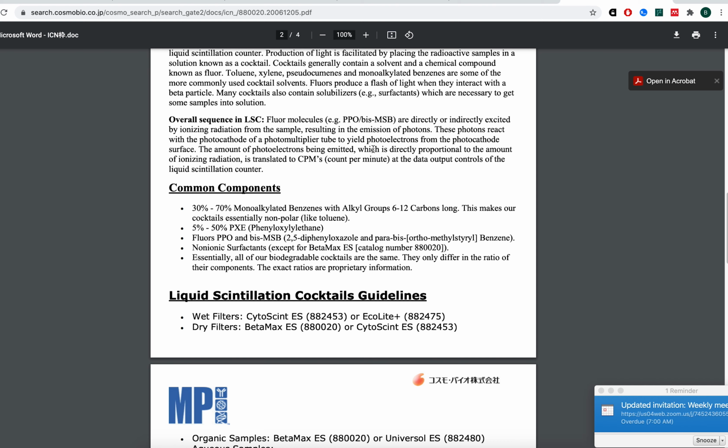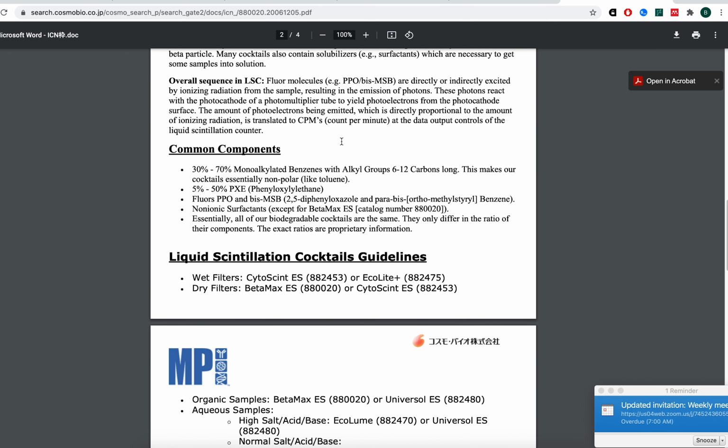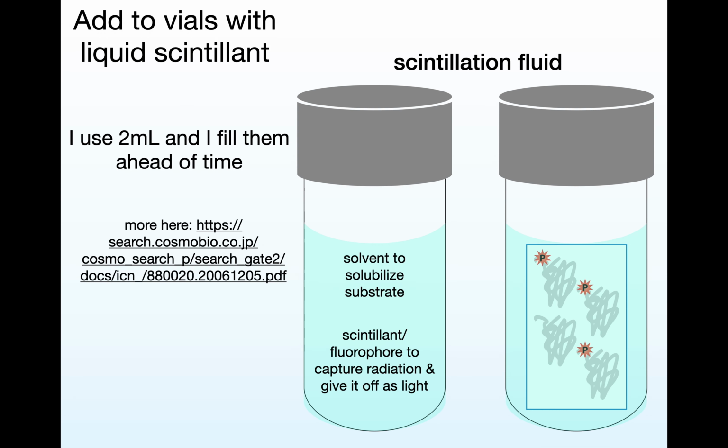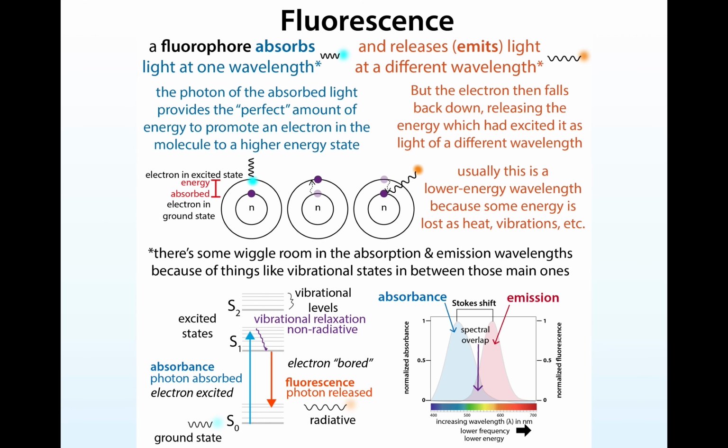And then the photons react to the photocathode, and then that signal gets amplified, which is converted to counts per minute. So I would say that PerkinElmer has a lot of great tools about this, and I don't know what happened to my PerkinElmer tab, but I'll send the link. We talked about it before. Okay, so now we stick